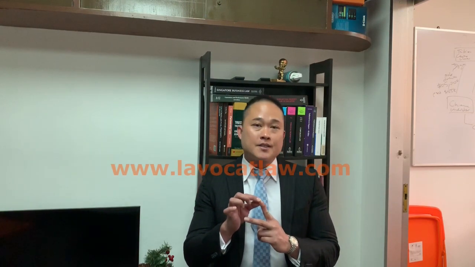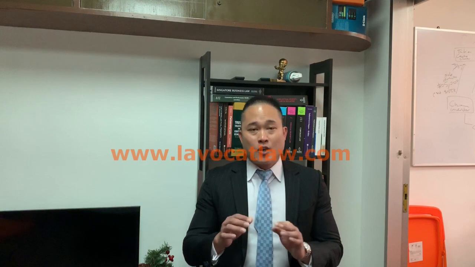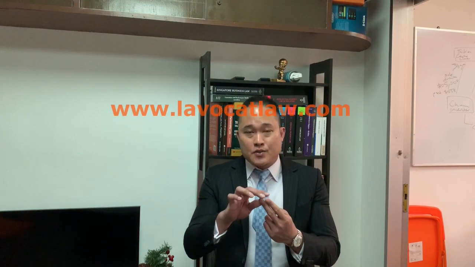Today I'm going to talk about the differences between joint tenancy and tenancy in common, which is a property law concept. Property can be held two ways. First way is as under a joint tenancy. When property is held under a joint tenancy, the co-owners do not hold it in shares, okay? They hold it as one unit.